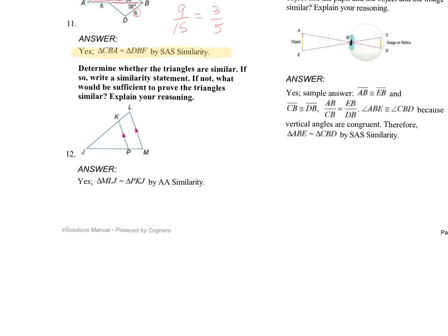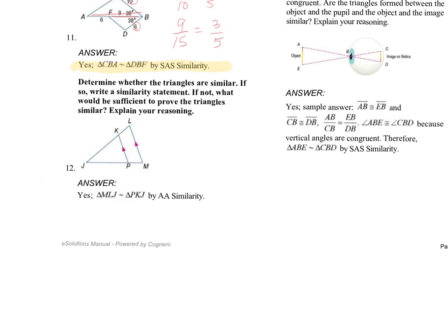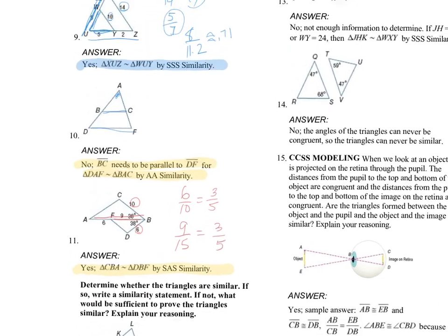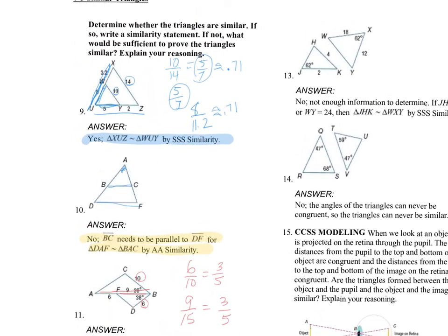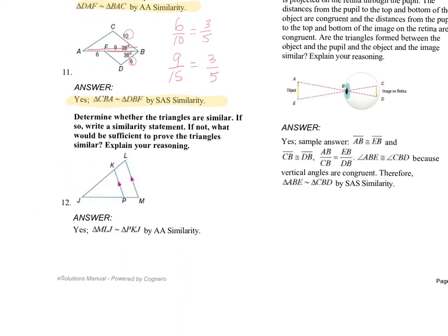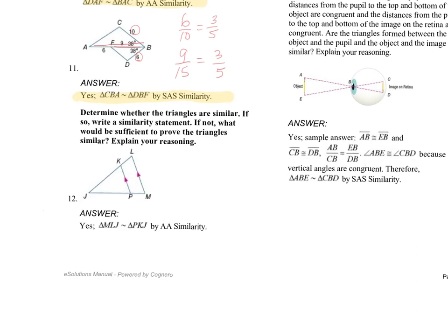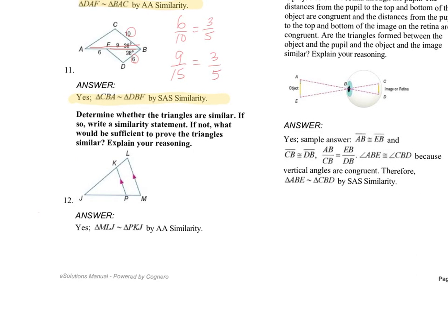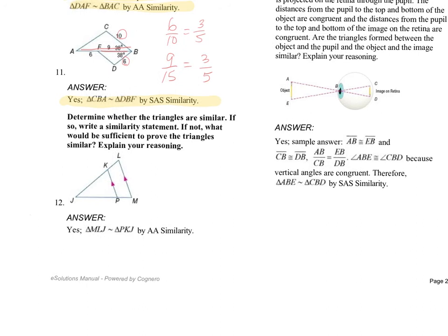All right, so if we look at number 12 and number 10, if you look at it, the big difference is in number 12, we're told that those lines are parallel. Once we're told that those lines are parallel, we know that we have angles in there that are going to be corresponding. So if we know that we have two parallel lines,